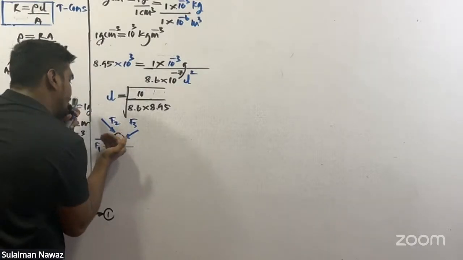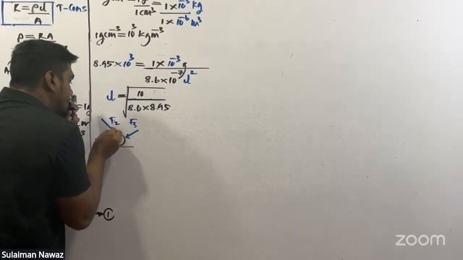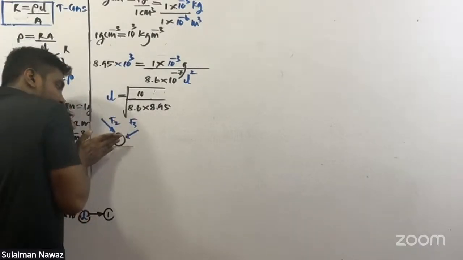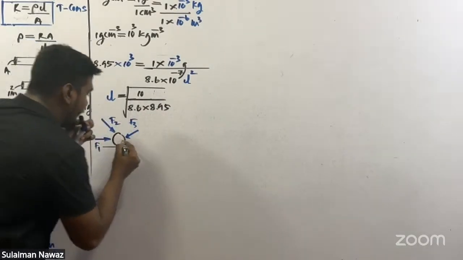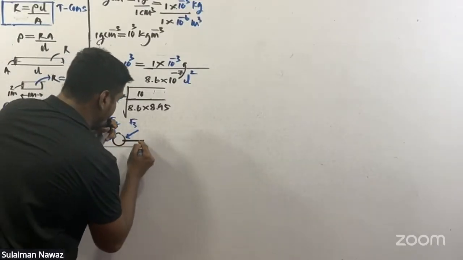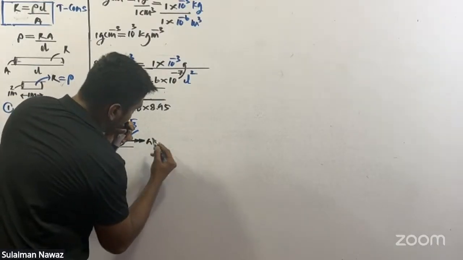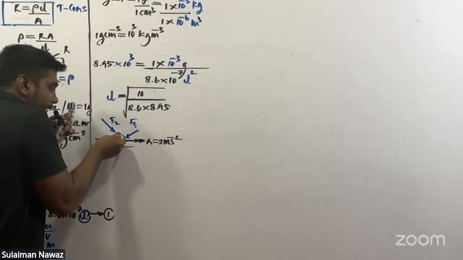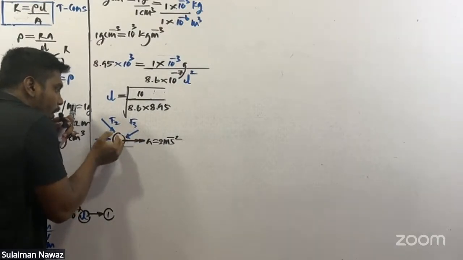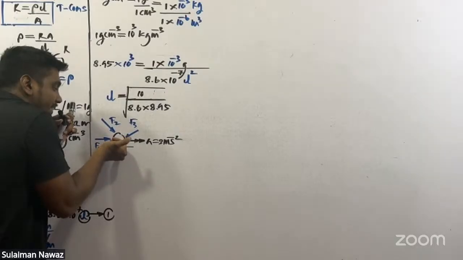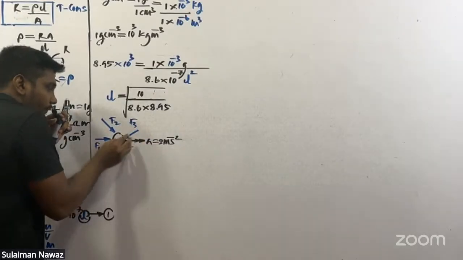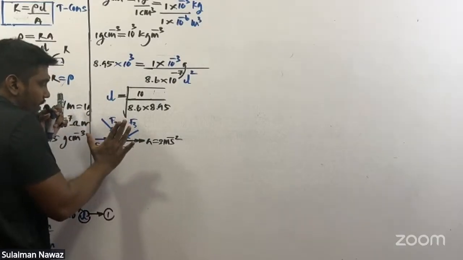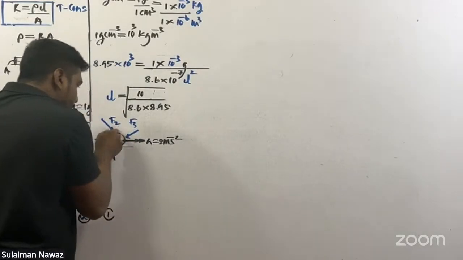What is the result? Due to the application of these three forces on the object, the result is very simple. Due to these three forces, this object undergoes an acceleration to the right side direction. Acceleration is 2 m s^-2, for example. If I repeat it again, due to the application of these three forces the object undergoes an acceleration of 2 m s^-2. The result is accelerating with 2 m s^-2 acceleration. Rather than applying three forces on the object,